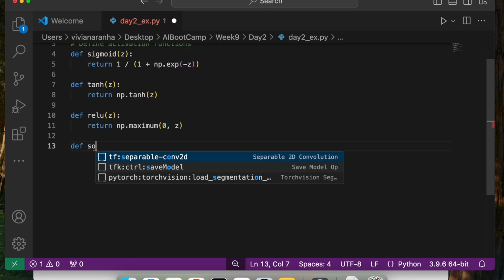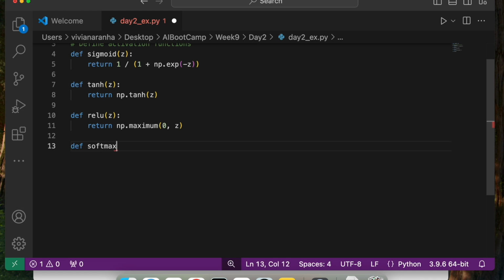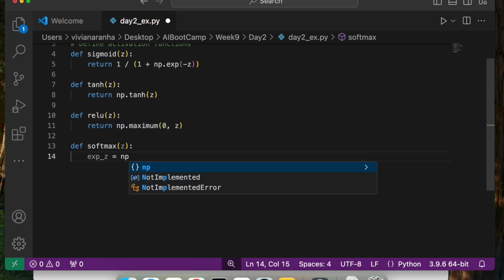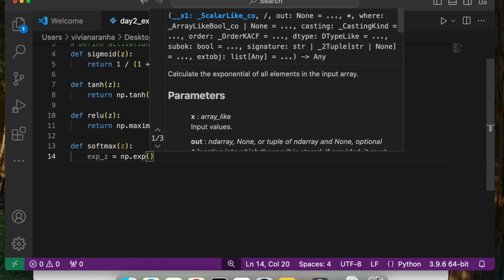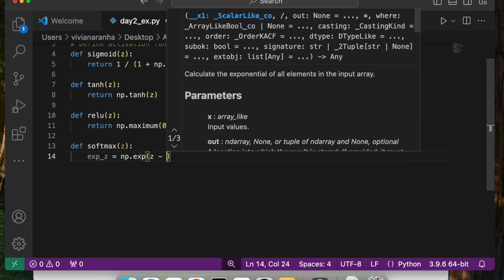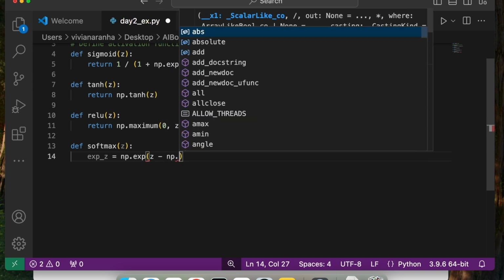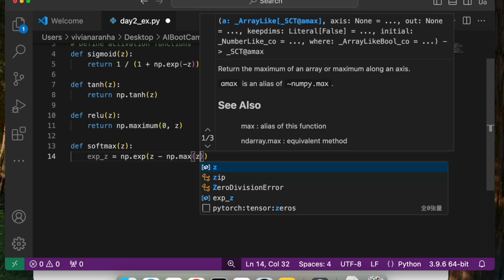Next, we have softmax. Now for softmax, the way you define this is exp_z equal to, this is a little bit complicated, np.exp of, for numerical stability, z minus np.max of z.